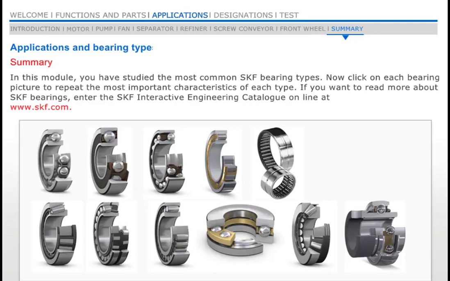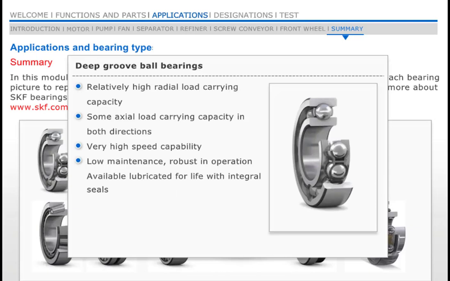In this module, you have studied the most common SKF bearing types. Now, click on each bearing picture to repeat the most important characteristics of each type. If you want to read more about SKF bearings,